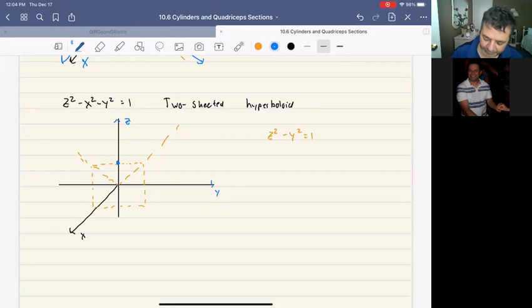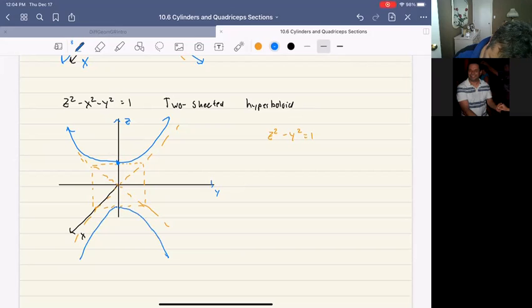So that's going to be a hyperbola like this. The other side of the hyperbola is down here. And when we rotate this around the z-axis,